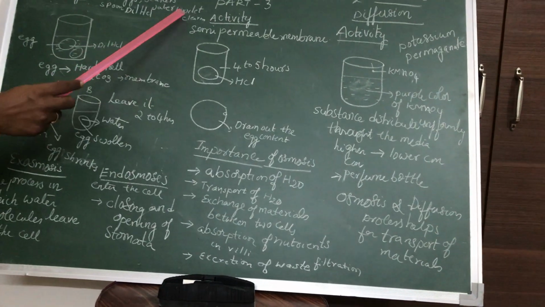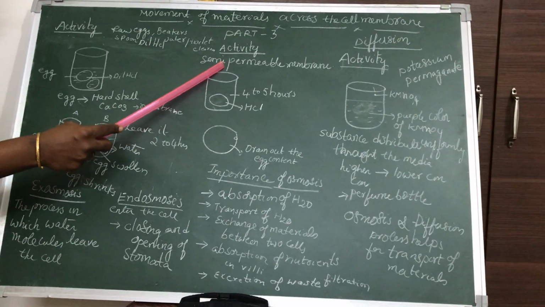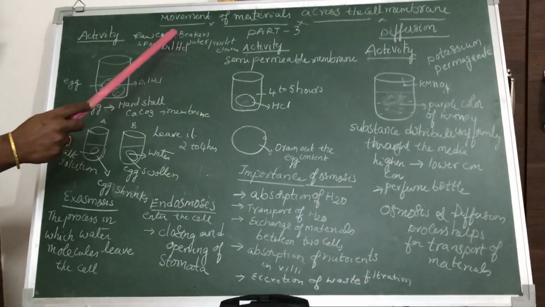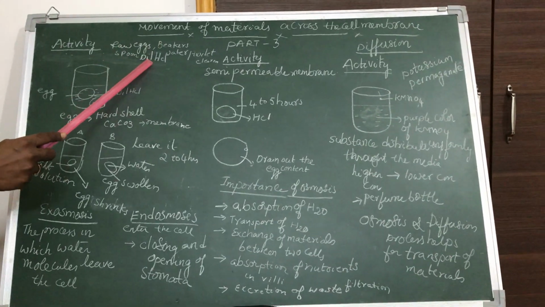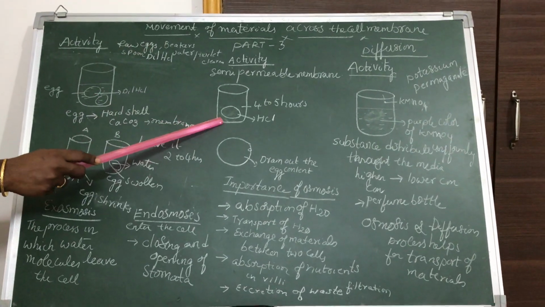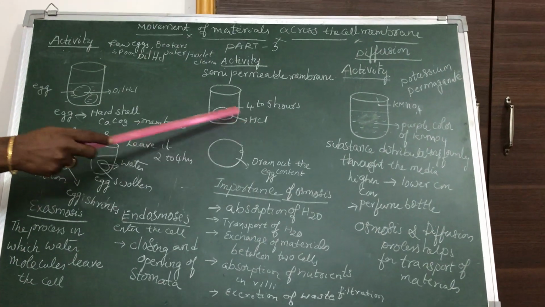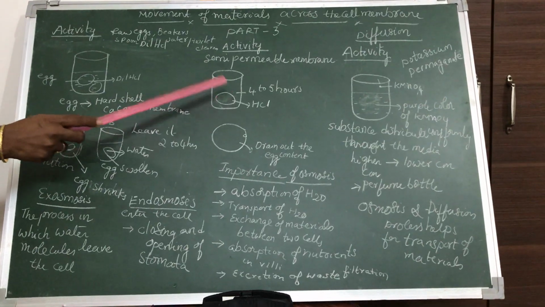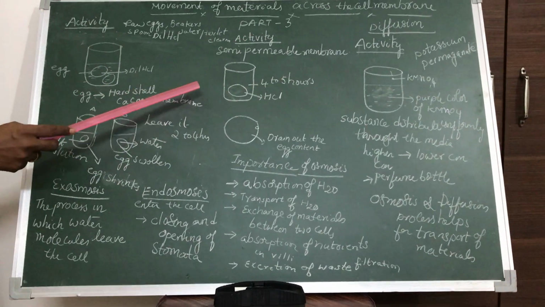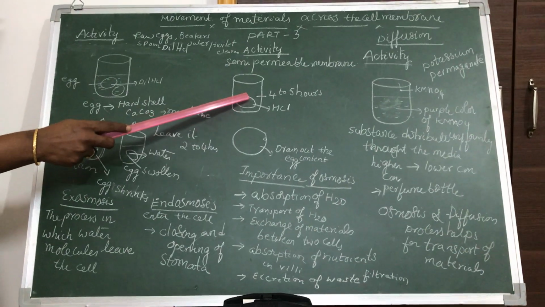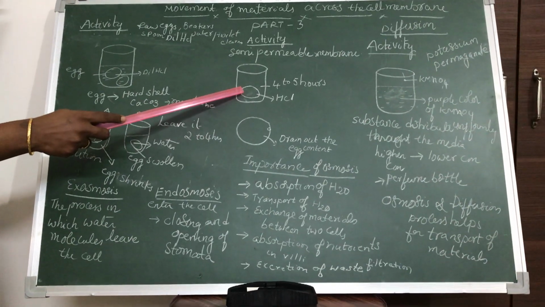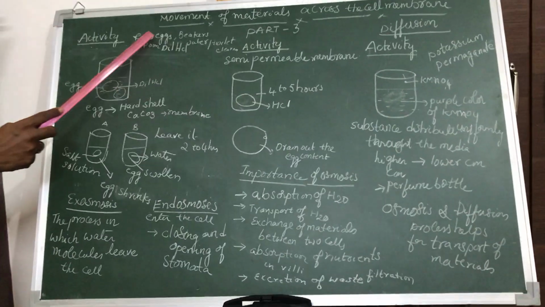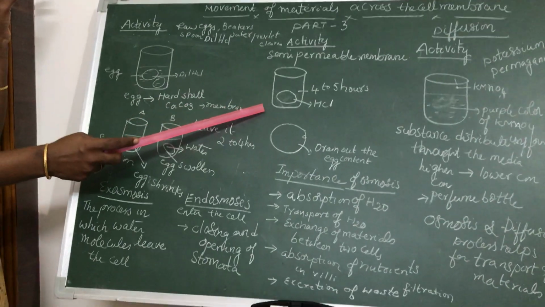Now let us discuss another activity: how to prepare a semi-permeable membrane. For this activity also we need an egg, a beaker, a spoon, and dilute hydrochloric acid. Take a beaker, fill it with hydrochloric acid, place the egg in it and wait for 4 to 5 years. After that, the shell slowly dissolves into the hydrochloric acid, leaving behind the egg membrane. Take out the egg very slowly with the help of a spoon. Wash it under tap water.